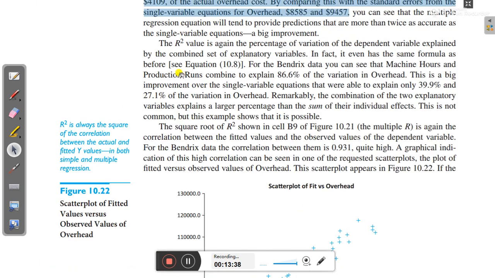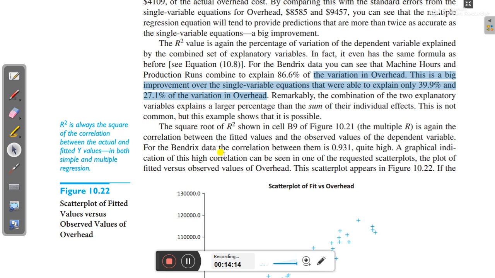you can see the R-square value, again the percentage of variation of the dependent variable explained by the combined set of explanatory variables. So for the Bendrix data, you can see that machine hours and production runs combine to explain 86.6% of the variation in the overhead. This is a big improvement over the single variable equations, which are able to explain only 39.9% and 27.1% of the variation in overhead. So if you go for multiple regressions, the changes can be more prominent and more explainable, which is very